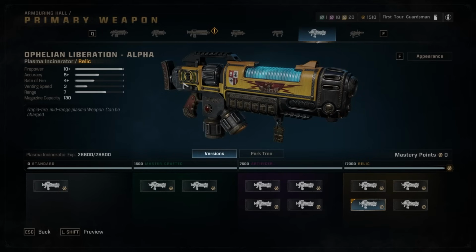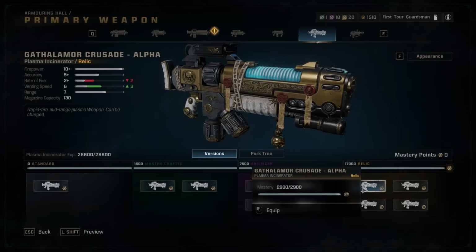Getting charge shots off quickly is just the most important thing about the Plasma Incinerator for both your survivability and your damage, and while you are executing with this gun, your weapon will cool, so really, as long as you manage your charge shots properly, you'll be going from execute to execute anyways, and venting speed is only useful in